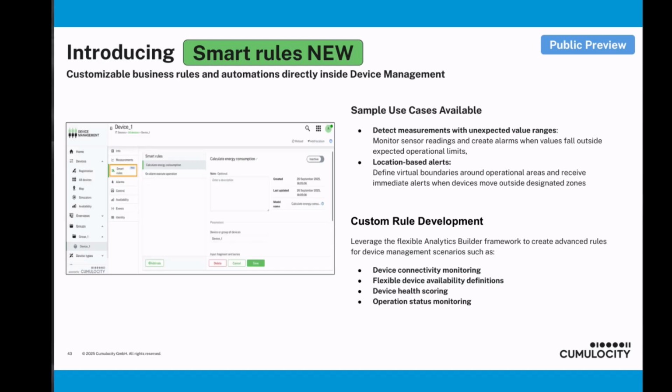As said, with streaming analytics access you also have full flexibility of creating your own smart rules. We also discussed various use cases in the context of device management. For example, health monitoring, monitoring the handling of operations on your device side, or the custom availability monitoring. So there are various use cases, and you really can create something that is relevant for your specific scope and